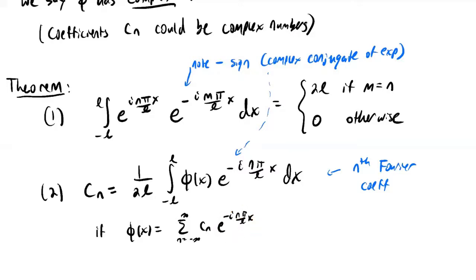Sorry, this shouldn't be negative. This should be positive, as written before. Right, so since each term in this series involves a complex exponential, and you're multiplying by